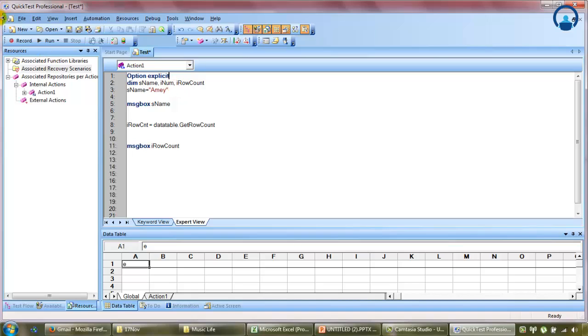Now moving forward, I declared 3 variables. At this point QTP doesn't know the type of the variable. When I'm assigning the value Ame to sname in double quotes, QTP considers sname as a string. So what I'll do is I'll remove the other part of the code. Now we'll declare a new variable, that is an array. Now what is an array? An array is nothing but a series of memory that is allocated to a variable,